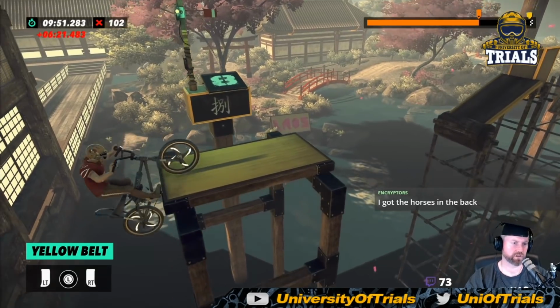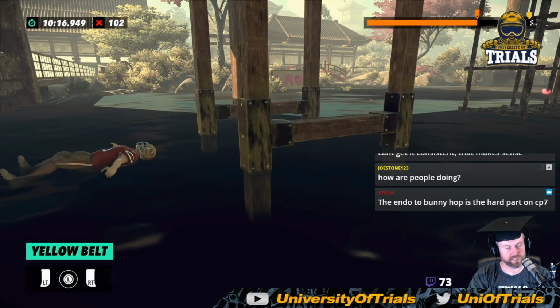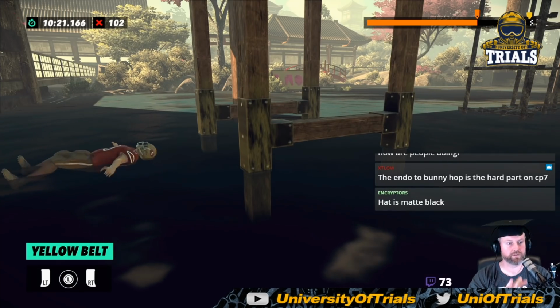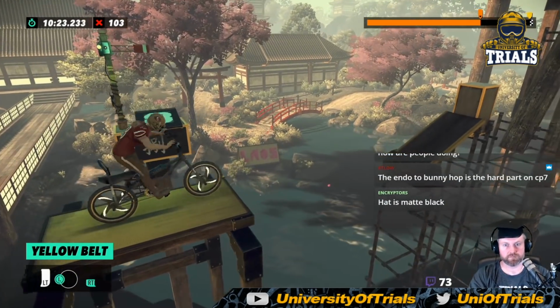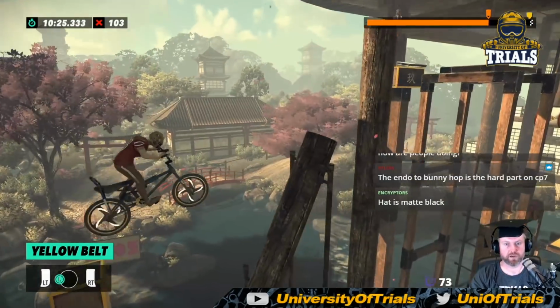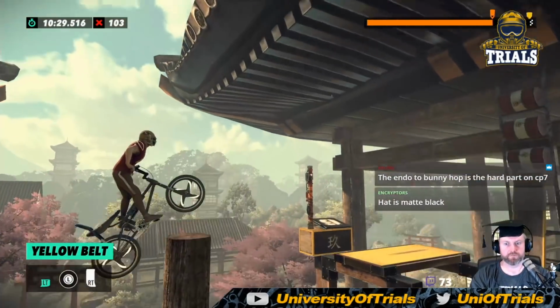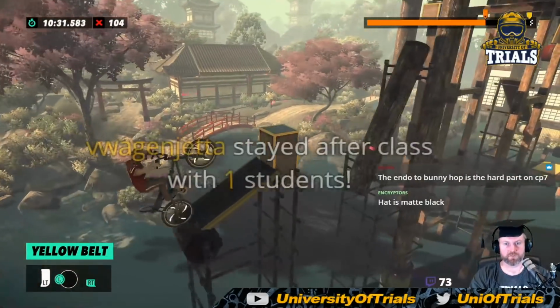I was going to do it a few more times for you. The endo to bunny hop. Yeah, it is. And I think it's just about timing and figuring out the right time to change that body position. All right, so with this one...